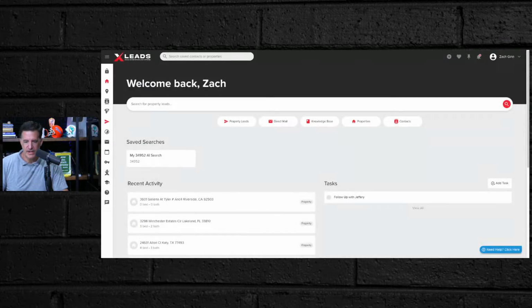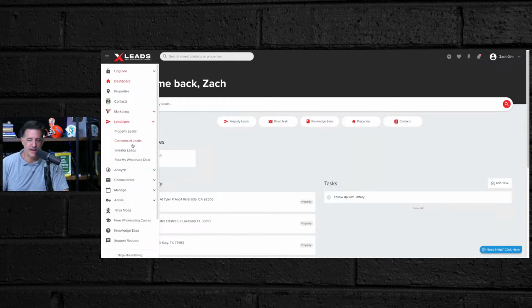Okay, so hopefully everybody can see my screen, and we're going to go through. When you come in, you basically have these tabs here, and these are the same ones. They just make it kind of dummy proof. So if you're coming in, and especially if you're doing the free trial, what I want you to do